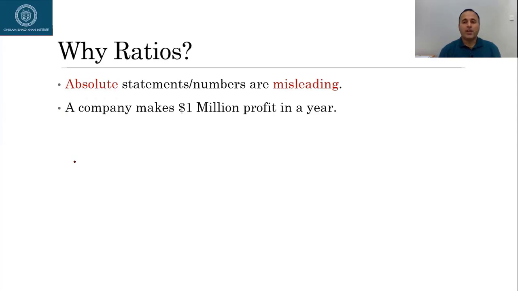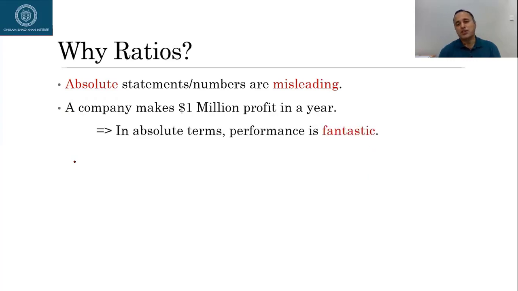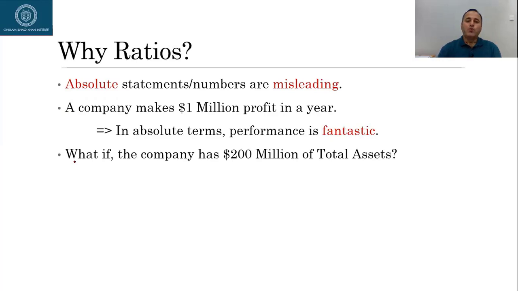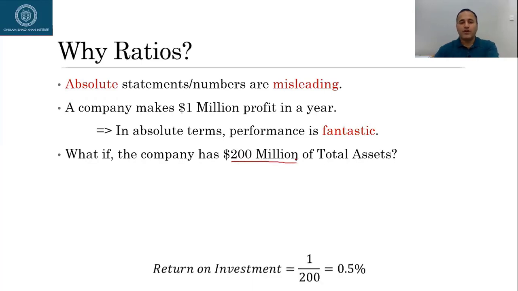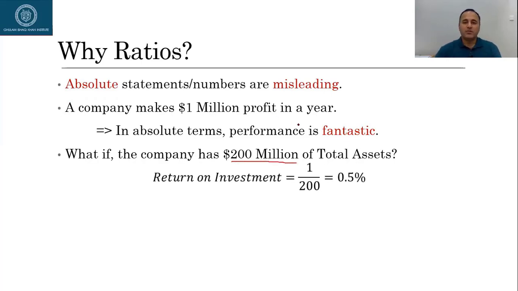Let me give you an example from finance. Suppose a company makes $1 million profit in a year. If you see this information in absolute terms, this performance is fantastic. $1 million is a lot of money. But what if the company has invested, let's say, $200 million in total assets? So if I now relate the profit of $1 million